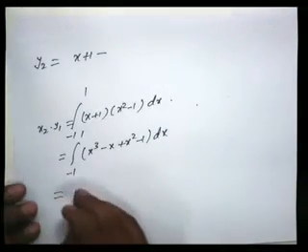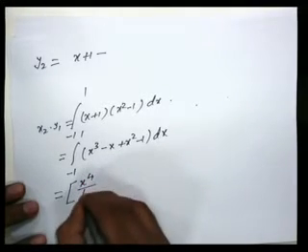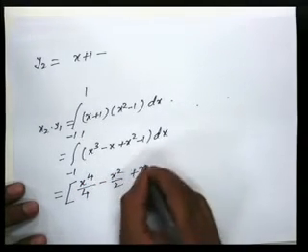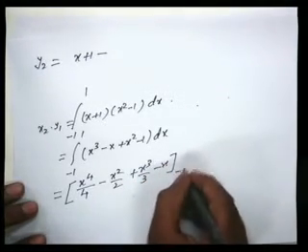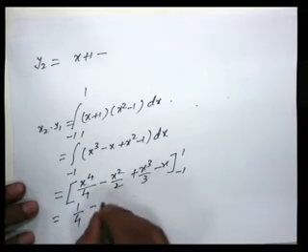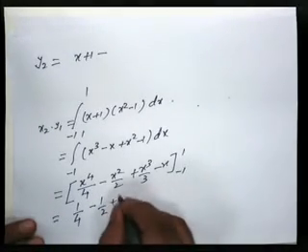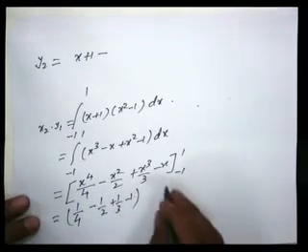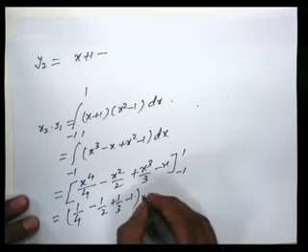If you integrate, you get x raised to 4 by 4, minus x square by 2, plus x cube by 3, and minus x, and we can just apply the limit value, which is equal to 1 by 4 minus 1 by 2 plus 1 by 3 and minus 1 into, or another value